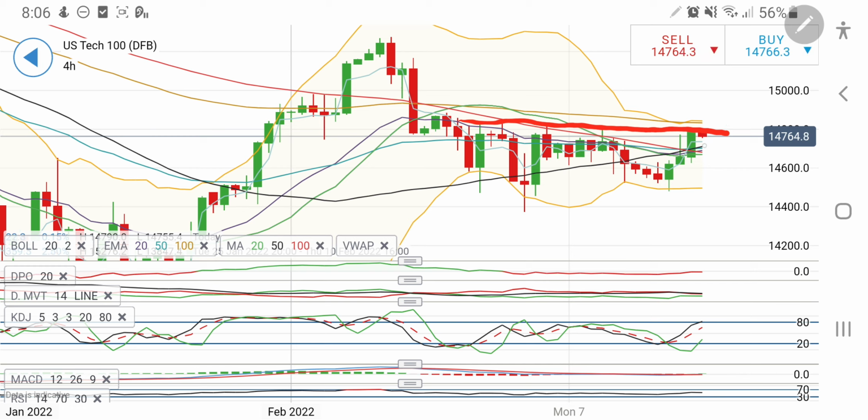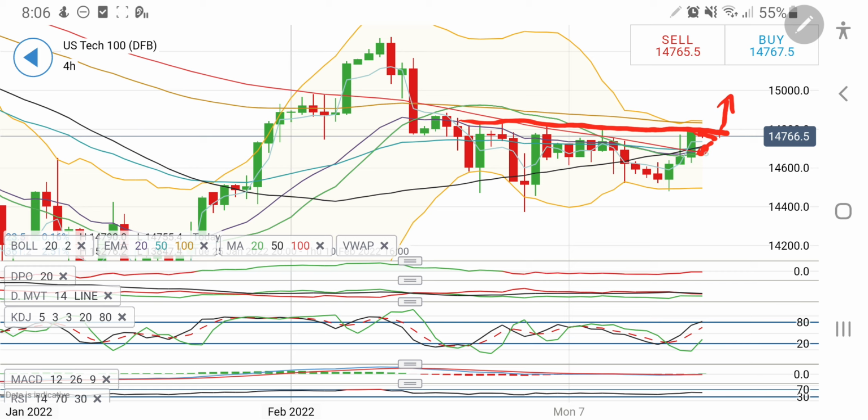So remember, there is a support present at around 14,700 levels on the 4 hour charts. Also right now it has an overbought level on the stochastic, and it may try to cool down, it may provide a pole and flag pattern, and then from there it will break out. So a long entry at 14,800 is recommended. Beyond that definitely it will fly towards 14,900, and beyond that towards 15,000 plus levels also.